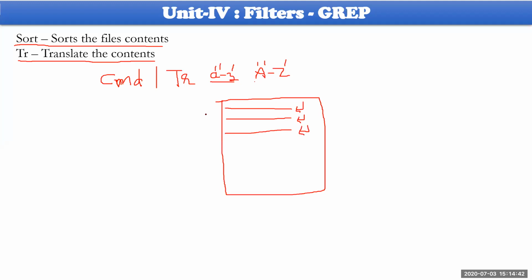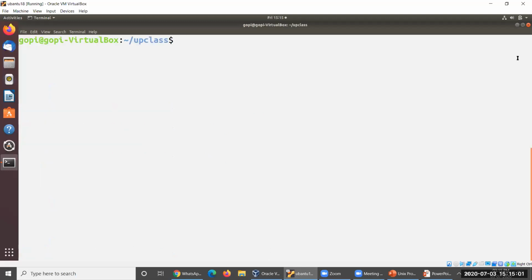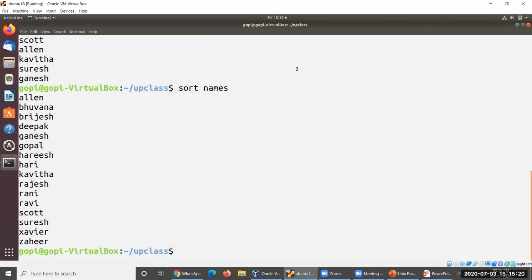So your sort operation will be operated on individual rows separately, individual rows. So, for example, I'd like to display the contents based on the first character of the line. Yes, you could do it. I'll show you how this could be done using this one here. So, cat names. Okay, names, for example. If you consider R, H, R, B, the first characters will be R, H, B in miscellaneous, random order. Now, sort the file named names. So take like this, it could be sorted.